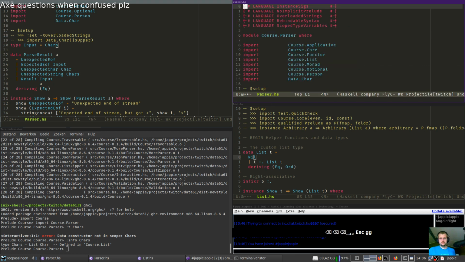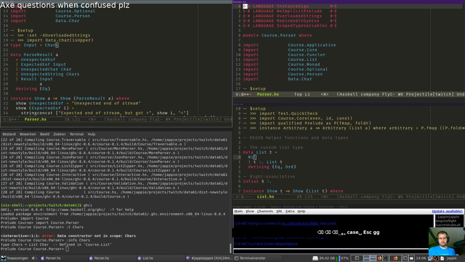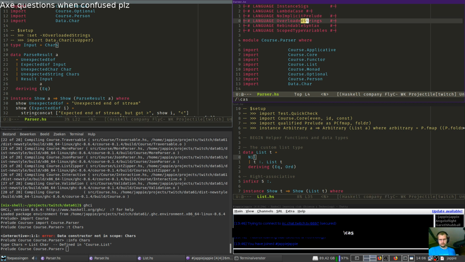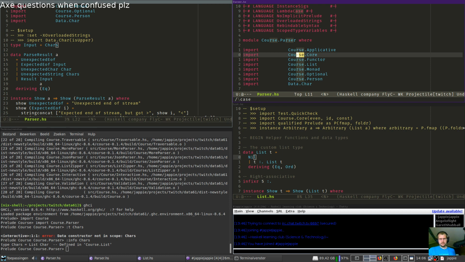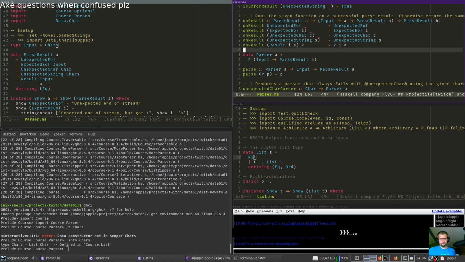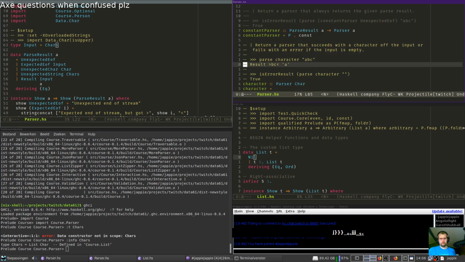Do we have lambda case? Need a lambda though. Let's add lambda case. Lambda case allows you to not have to specify the argument you're matching upon. It will be the first argument from a function.